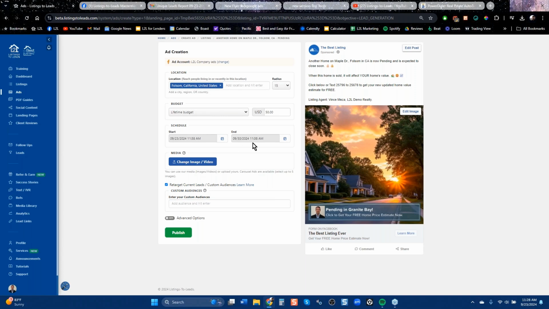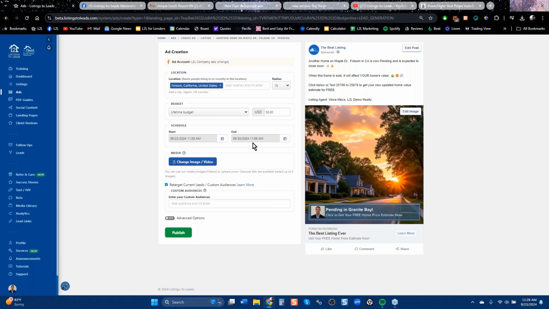Here's what you do need to know. When you're running an ad on a property that is sold, they have a cost per lead. Both Facebook and Google set a price per lead, usually based on what you're trying to capture, right? And also what kind of competition is around you. Do you have a lot of agents competing for the same kind of ad? If so, your lead cost is going to increase.